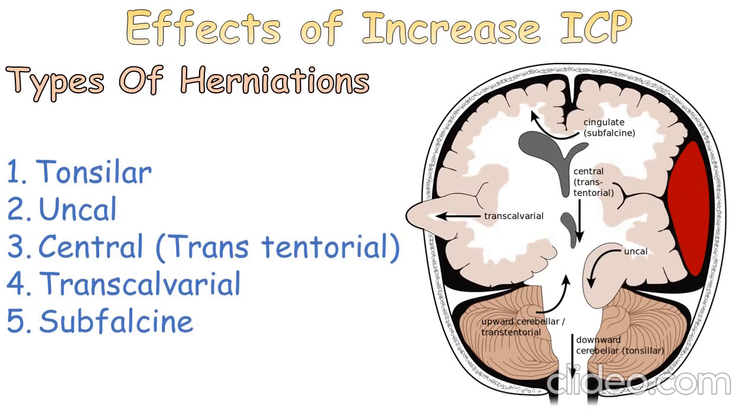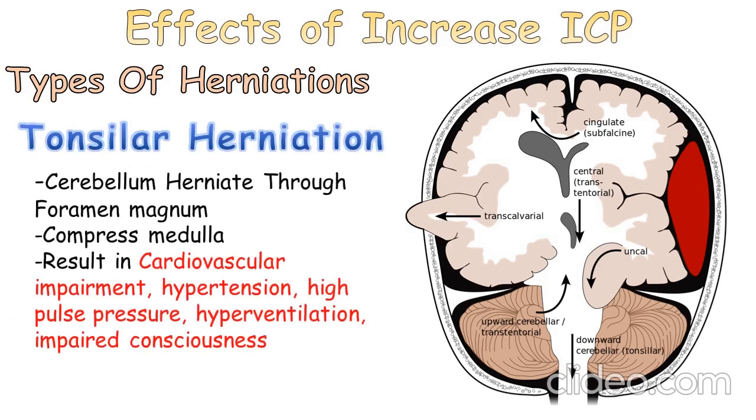They are tonsillar herniation, uncal herniation, transtentorial herniation, transcalvarial herniation, and subfalcine herniation. Among these, the most common herniations are tonsillar and uncal herniation. In tonsillar herniation, the tonsils of the cerebellum herniate through the foramen magnum into the upper spinal canal, compressing the medulla. Clinically, this may result in cardiorespiratory impairment, hypertension, high pulse pressure, Cheyne-Stokes respiration, neurogenic hyperventilation, impaired consciousness, and